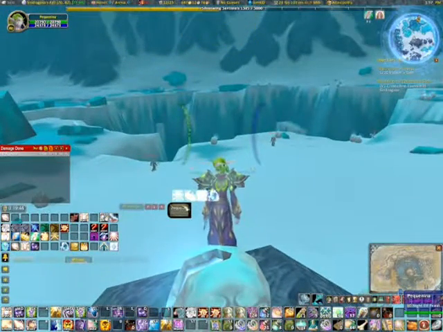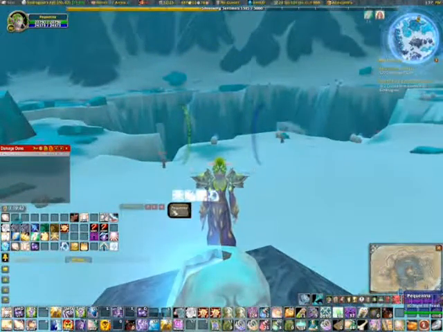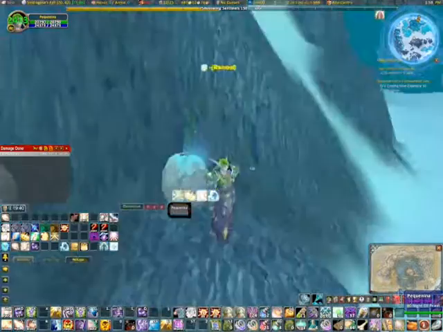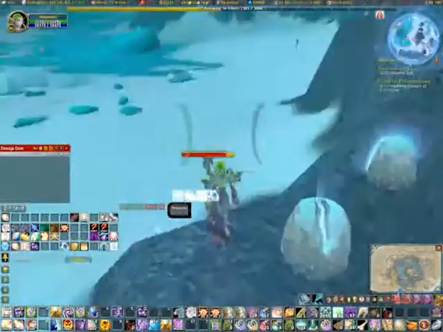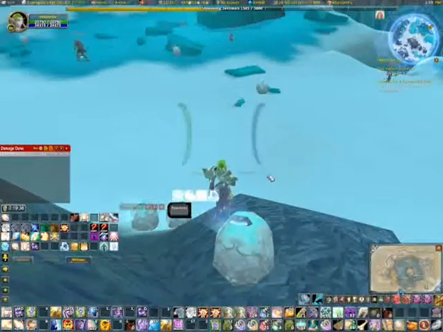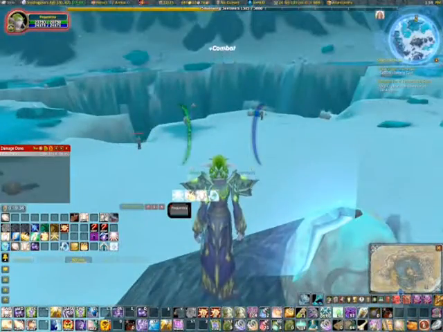There's 1, 2, 3, 4, 5, 6, 7, 8 little dots right there that you can use to indicate if you have a disease or poison or,